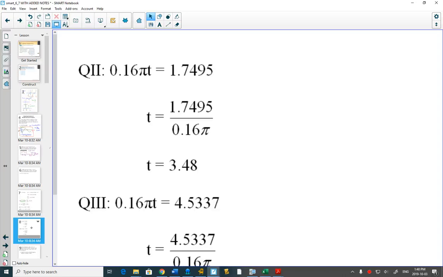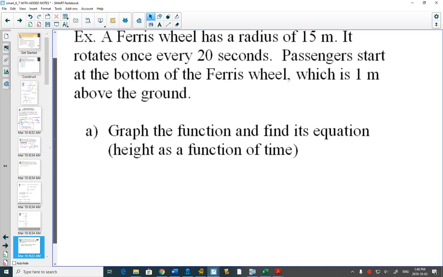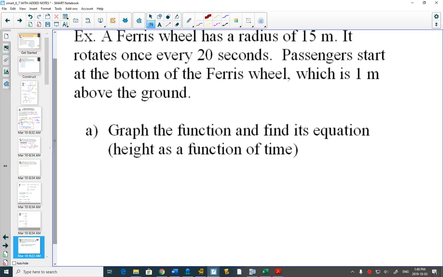All right, let's go to example 2. A Ferris wheel has a radius of 15 meters and rotates once every 20 seconds. Passengers start on the bottom of a Ferris wheel, which is 1 meter above the ground. So I'm going to draw a picture of this because not everybody knows what a Ferris wheel is. This is when you go to the fair. I'll draw, so we've got